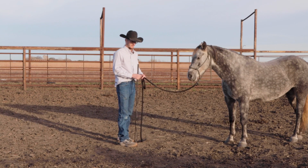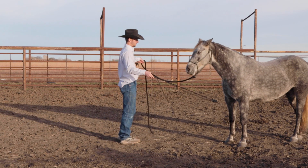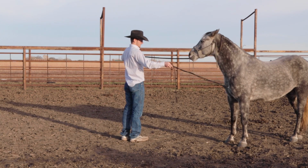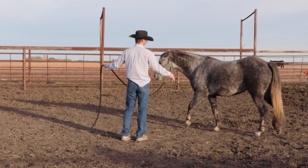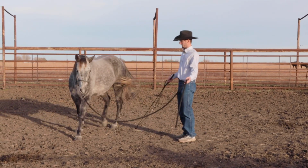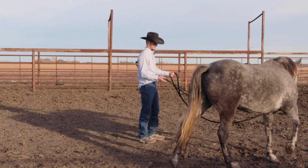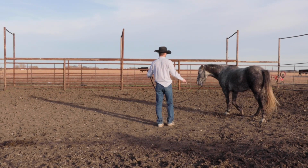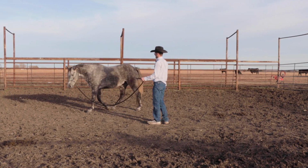So now, I'm going to circle her on a bigger circle. I'm going to do walk, trot, lope, and ideally I'd have a longer lead rope, but that's currently with a different horse that is not here, so I'm using this one. I just want her to be able to be out there and not get anxious